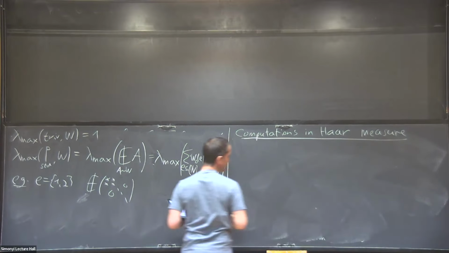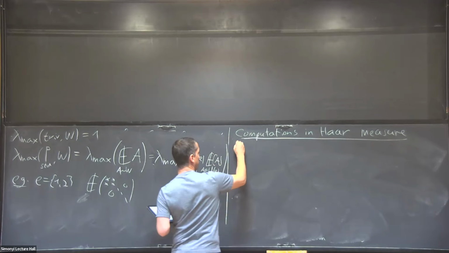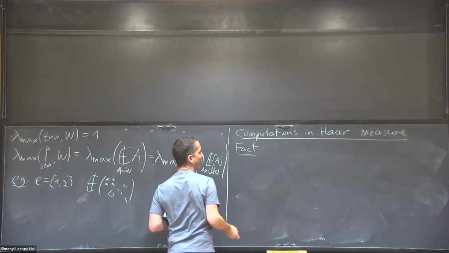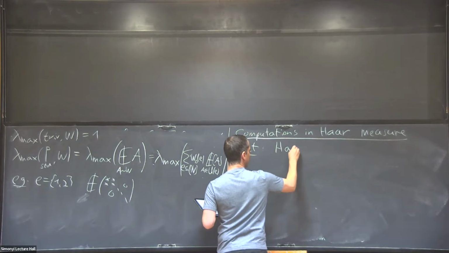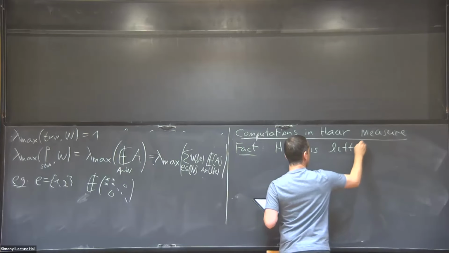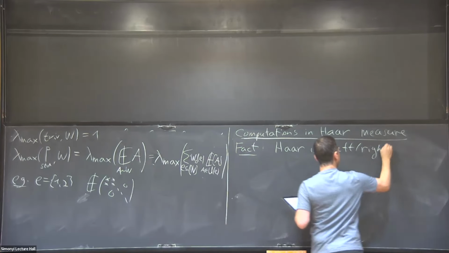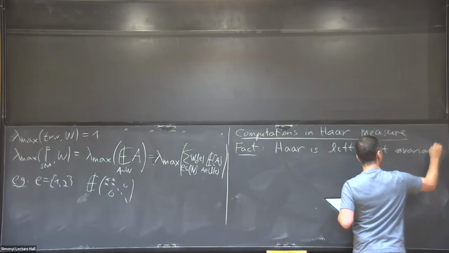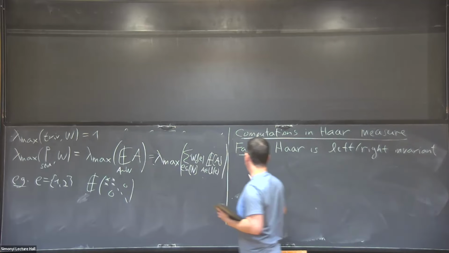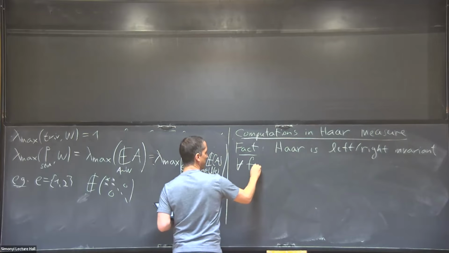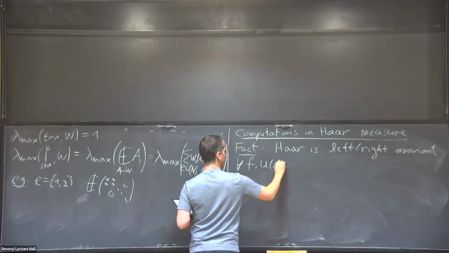Okay, so computation in Haar measure of UN. Here's a basic fact about Haar measure. Haar measure is left and right invariant, which means that if I have any measurable function from my group, so I say for UN,